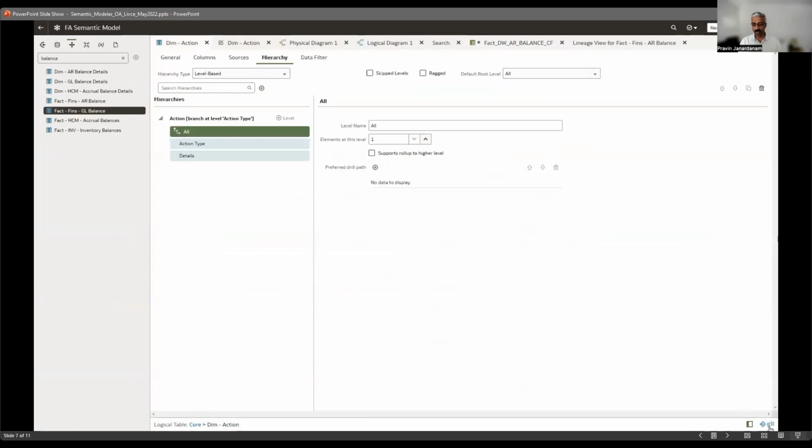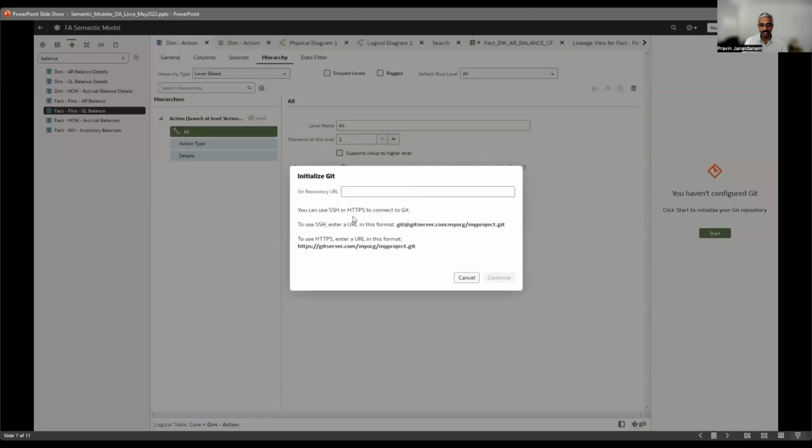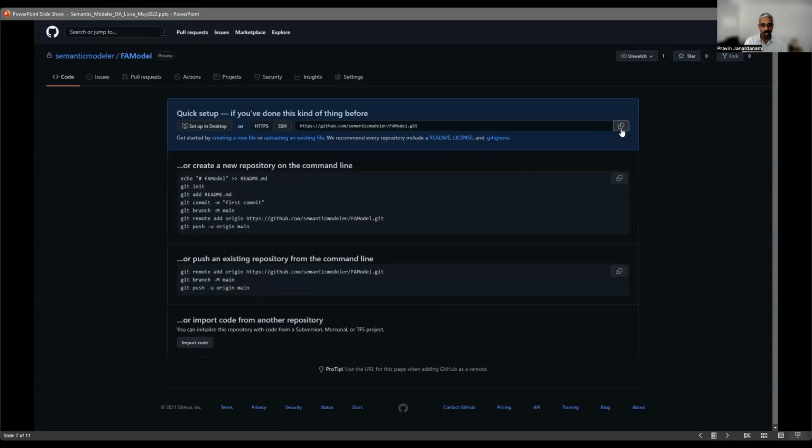In addition, one of the significant features, also to address some of the pain points with multi-user development, is Git integration, and this is completely baked in from within Semantic Modeler. You can integrate it with any Git repo. So here, for this particular example, I'm using GitHub. I just created a GitHub repo, copying the HTTPS URL. So you paste the URL